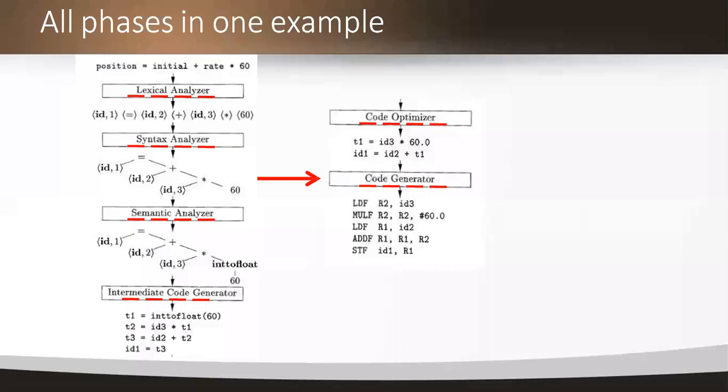In the next class, we will clearly understand by seeing the context of each and every individual phase. Then we can clearly understand what it is. But here I'm showing with an example how the implementation is carried out by taking an input in the form of a high level language and getting an output in the form of a machine level language. That's it. No need to worry about this. In the next class, a detailed explanation by seeing each and every individual phase's contexts.